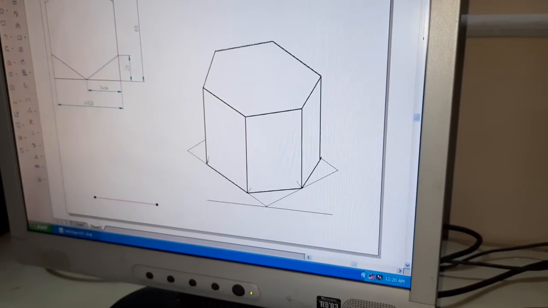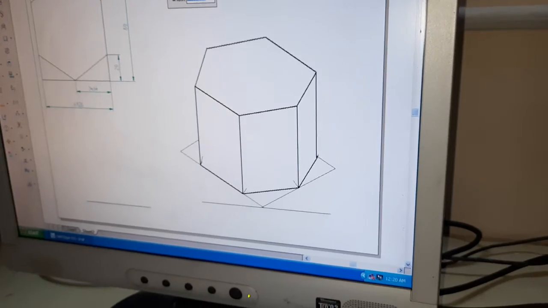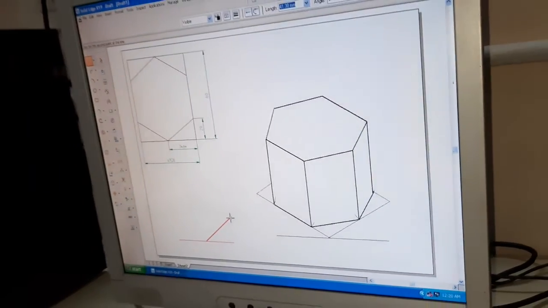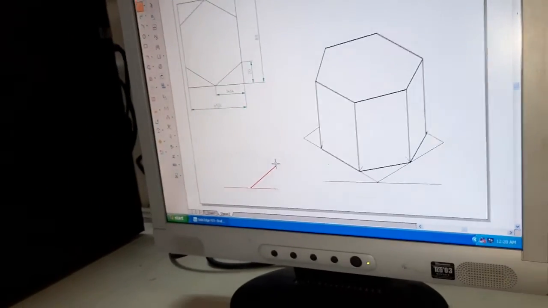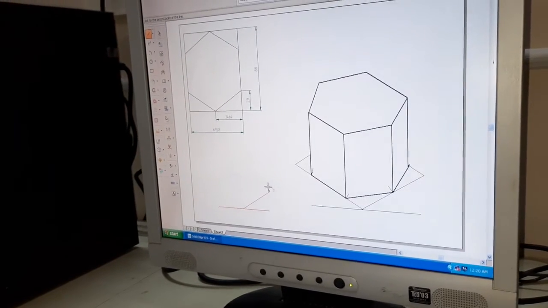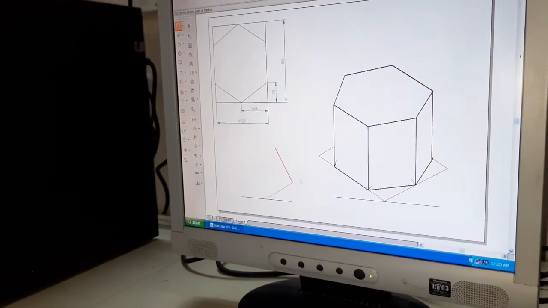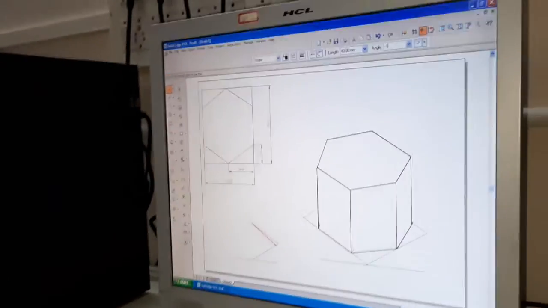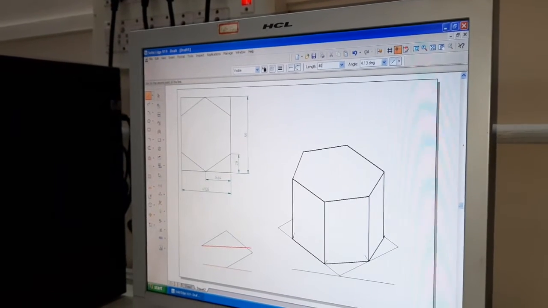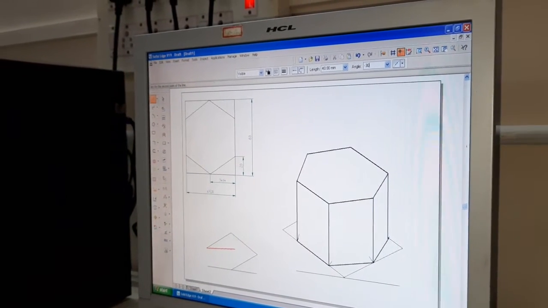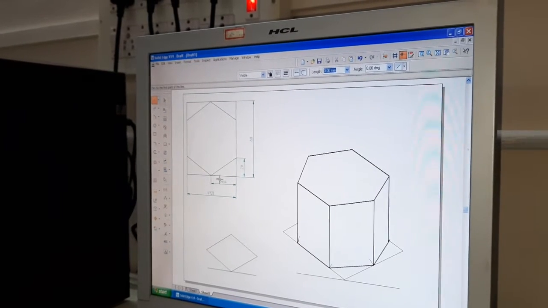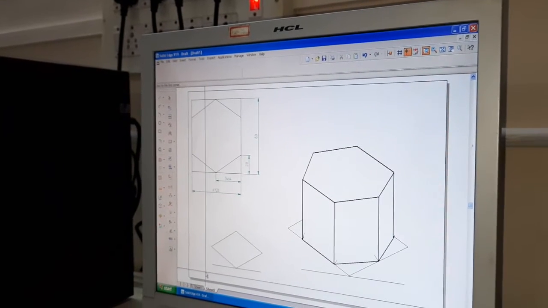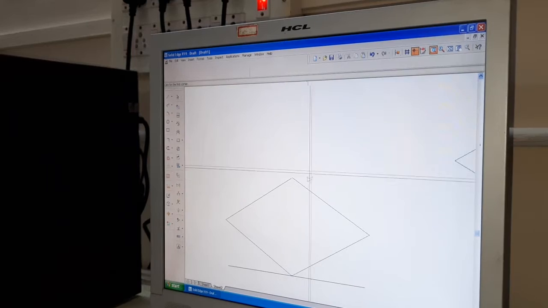The cone size is, base dimension is 40 mm and height is 50 mm. For the base, we are supposed to draw a line for a length of 40 at an angle of 30. Next 40 and 150, 40 and minus 150. Let us go for the 4 arc method to draw the cone.